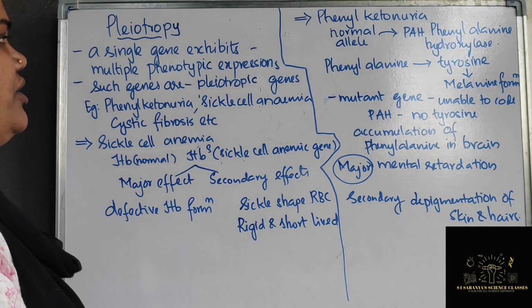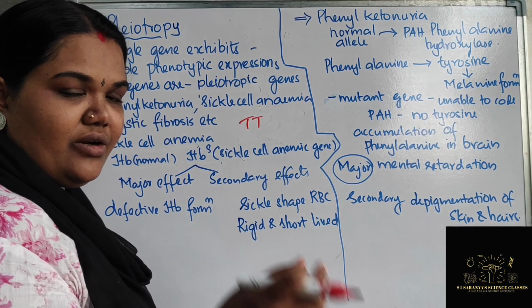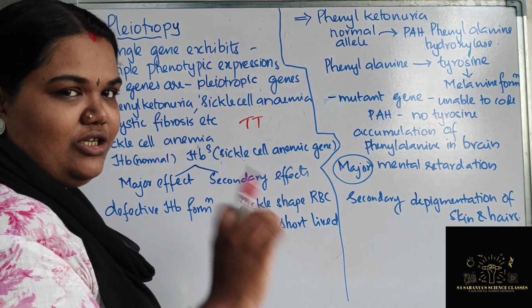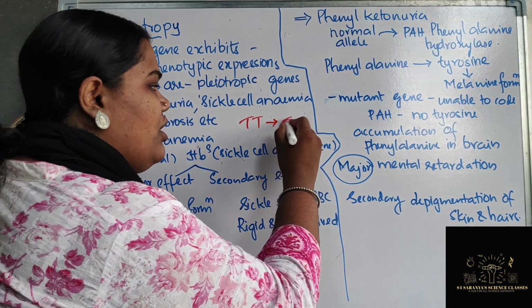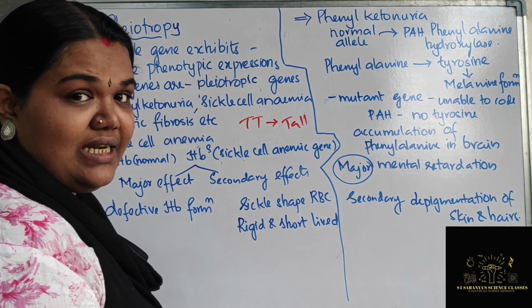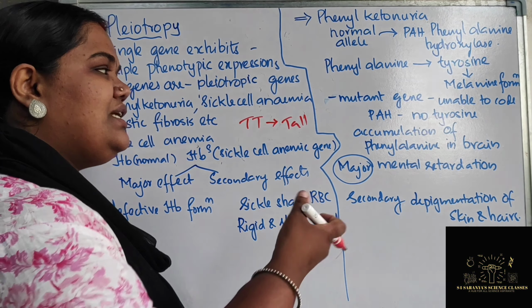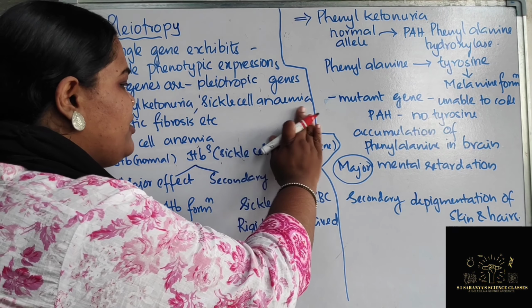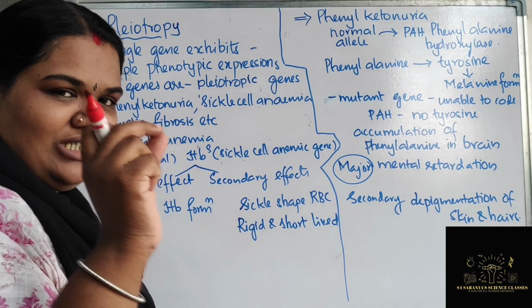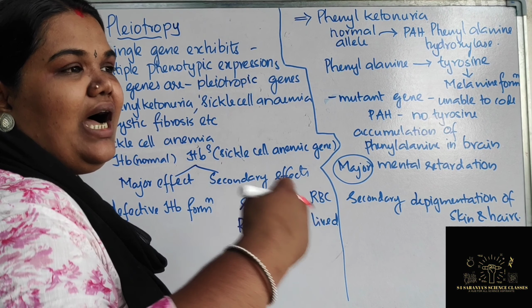For example, normally if it is tall, that means the genotype controlling the tall character gives us only one phenotypic expression, tall. We have already done Mendelian inheritance, right? So we write TT, capital T, capital T, then it has only one phenotypic expression, that is tall, right? But in the case of pleiotropy, if the mutated gene is present, then it has different